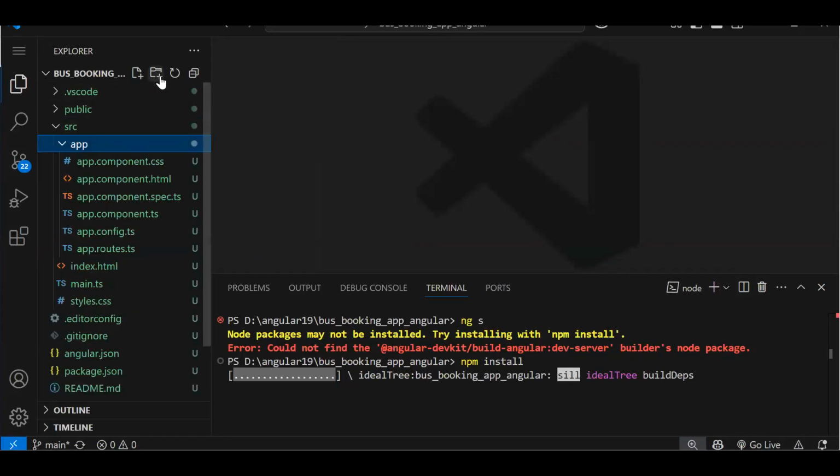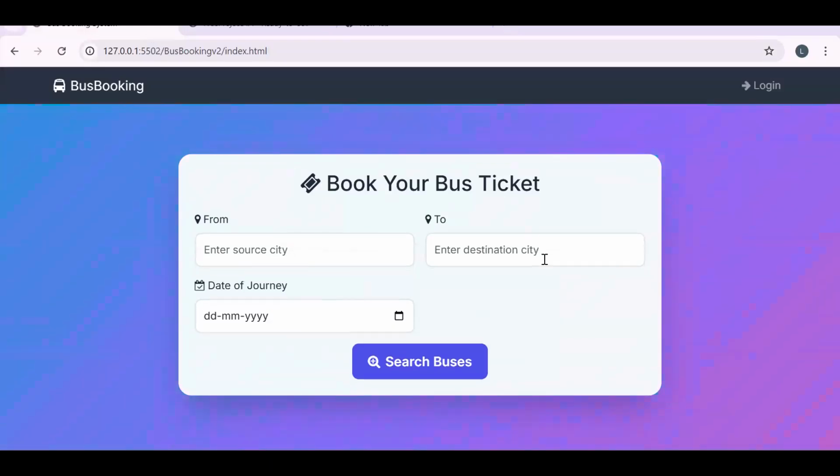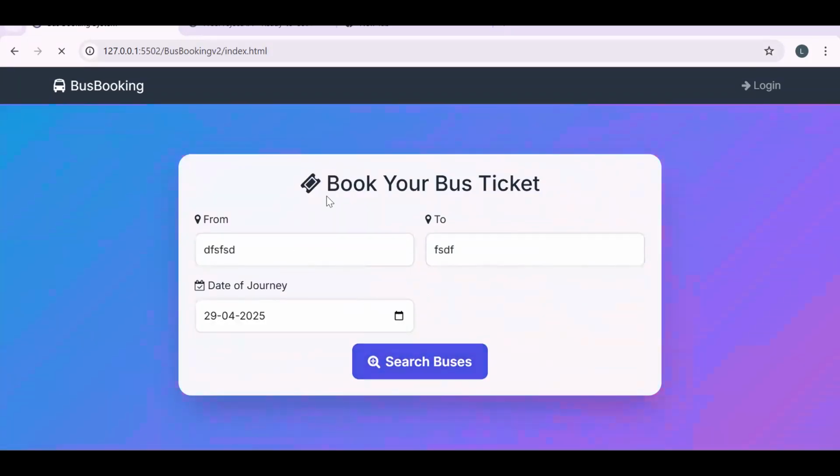So in the app folder, I will create a folder called pages. Inside this, I will be creating the components. Now, if you see the UI, how many components are we going to need? This is the first component. Let's say we will call it the search page. Then once we filter something, we go to the next page. Here we have to show,